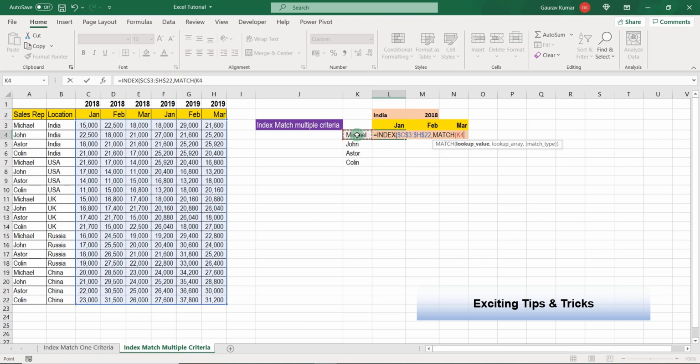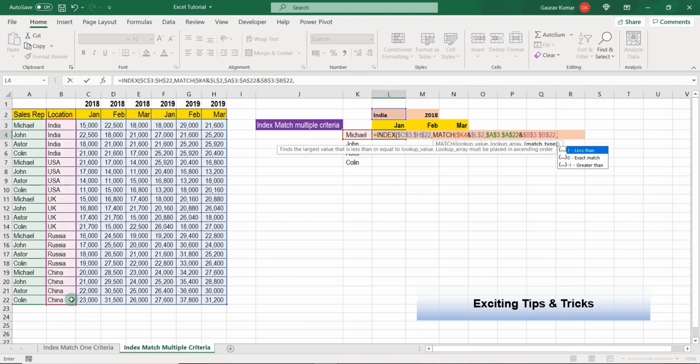This is the lookup value. This is our first lookup value for row. We will press ampersand, and this is the second lookup value for row, comma. This is our first lookup array because we have selected Michael as the first lookup value. So this is the first lookup array. Press ampersand, and this is our second lookup array for row, comma, because we want to see exact match, 0,